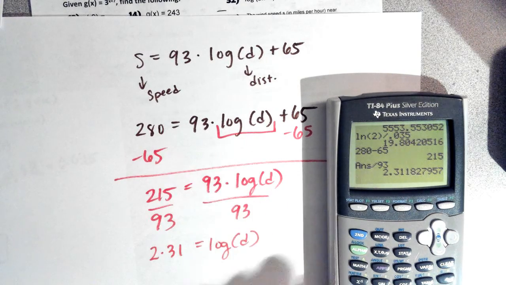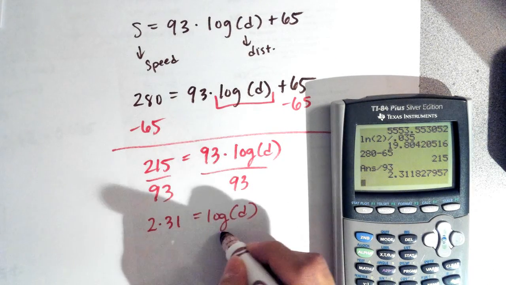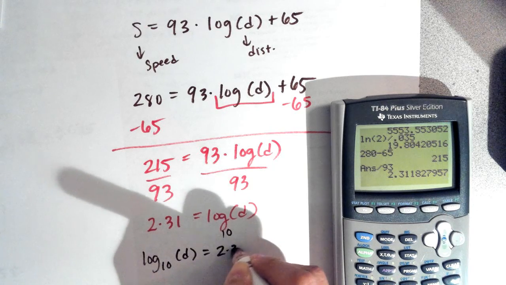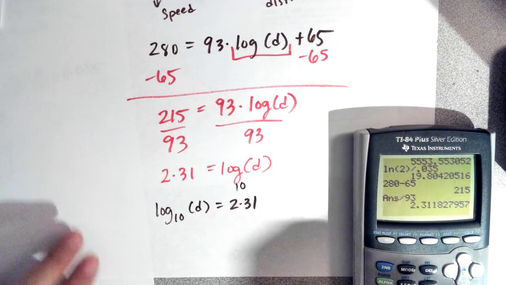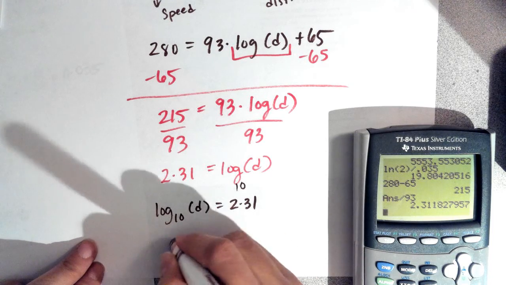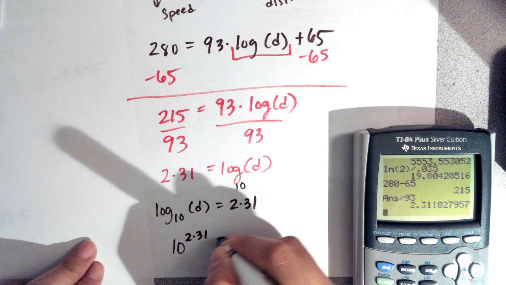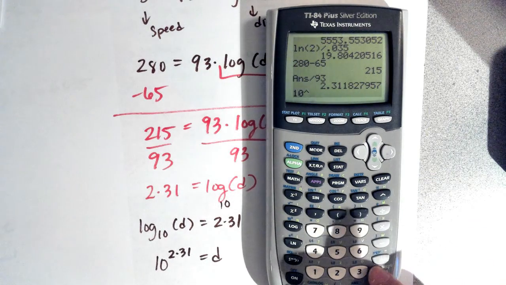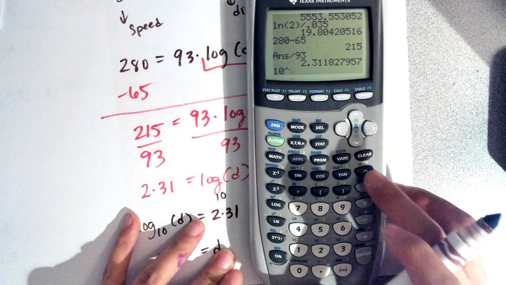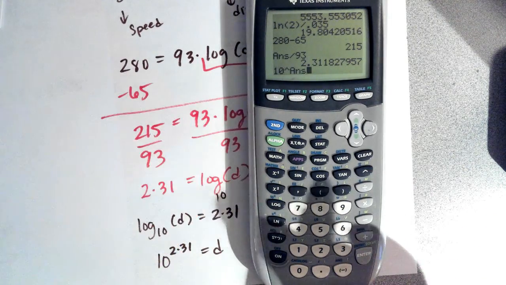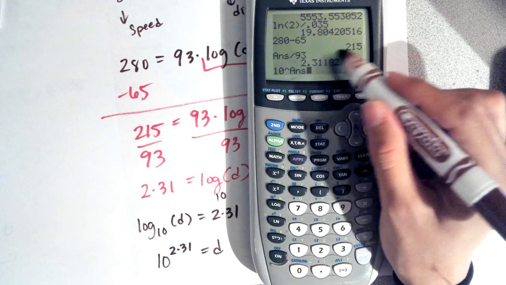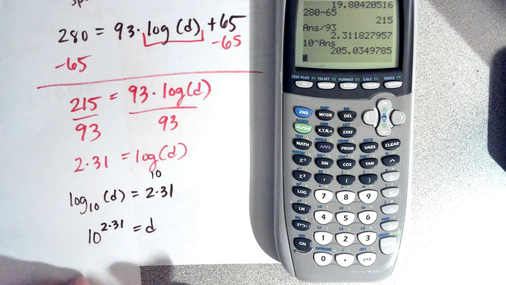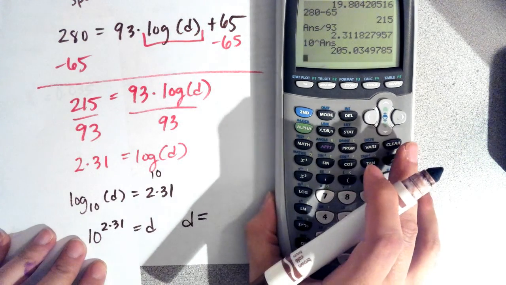Now, in order to get rid of the log, guys, remember this is base 10. I'm going to rewrite this as log base 10 of D equals 2.31. You're going to rewrite this in exponential form. So 10 raised to the 2.31 equals D. And how I'm going to do that in my calculator is 10, I'm going to hit caret. Right, here's the caret sign right here. And then second negative, this will bring up the answer I just had before, so it'll make rounding easier at the end. So I'm going to hit enter, so my distance is